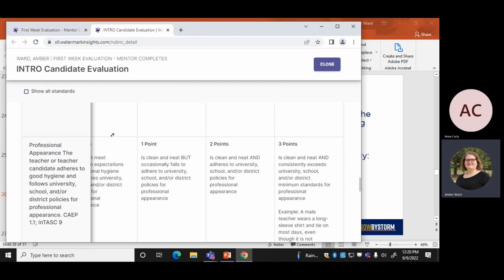And yes, they can go in and fill out a few of them and then save it and not submit it. As soon as they hit submit, though, you can see it. So if they just save it, you're not going to be able to see it yet. That means they can go back to it and keep editing. But as soon as they hit submit, you'll be able to see it. And you'll have to see it because